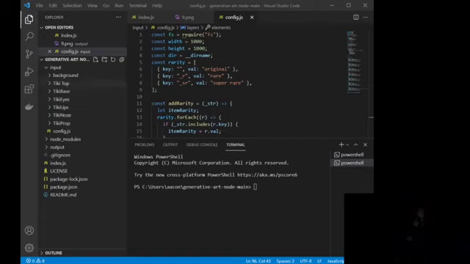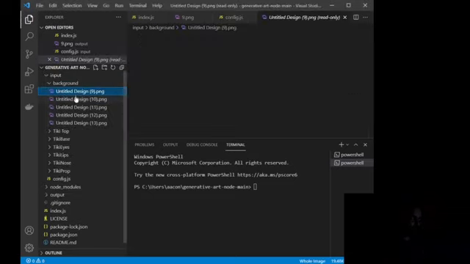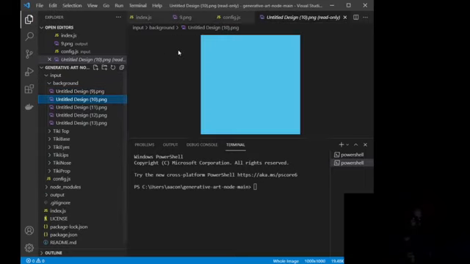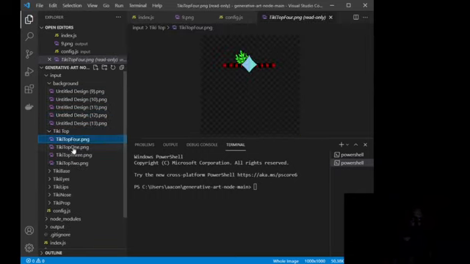So what you're seeing on the left side here in input is a folder inside of this main generative art node main, and inside of the input folders we have all of these different folders where we have our backgrounds. If I load these, you'll see all of the different backgrounds that I have, so on and so forth. You can see the different